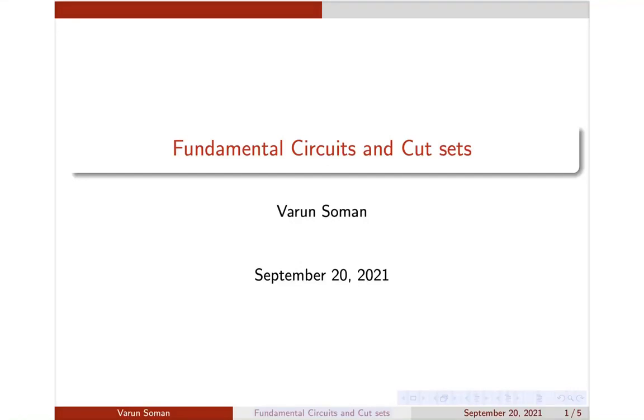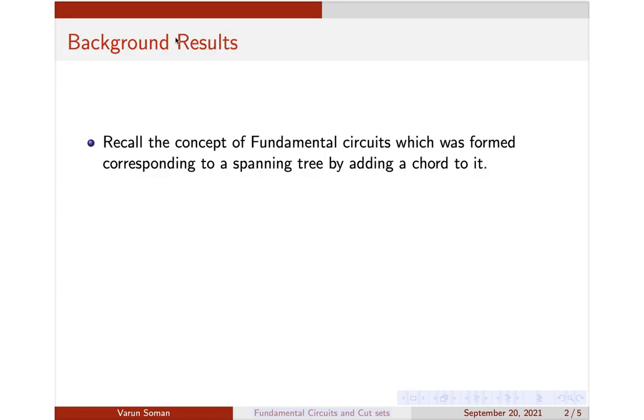Hi, so far we have discussed fundamental circuits and fundamental cut sets. Now we'll discuss an interesting relation between these two things. Before we proceed, let us recall what we mean by fundamental circuits and fundamental cut sets. As you know, both are discussed with respect to a particular